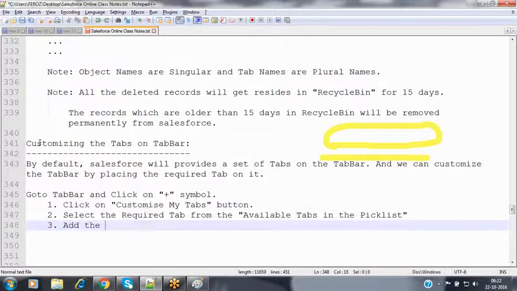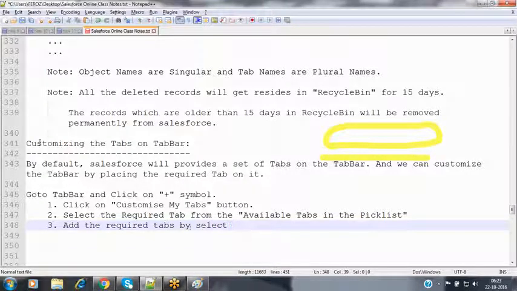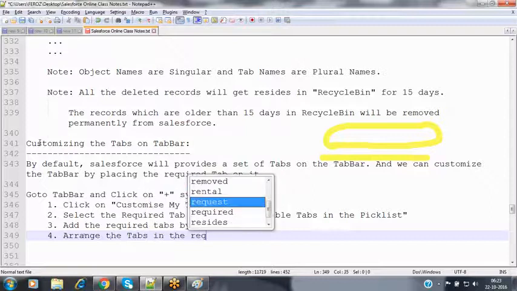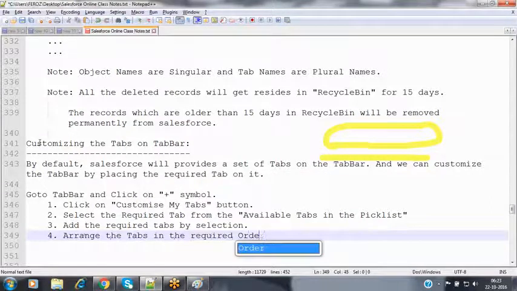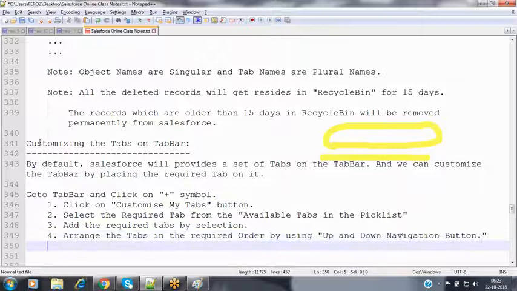Add the required tabs by selection, and then arrange the tabs in the required order by using the up and down navigation buttons.